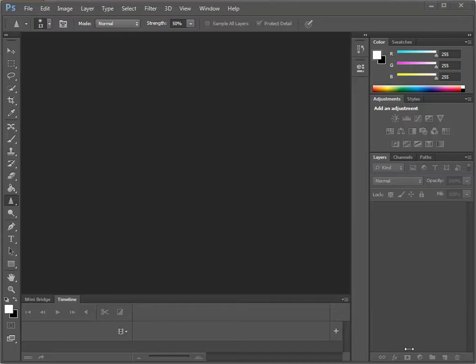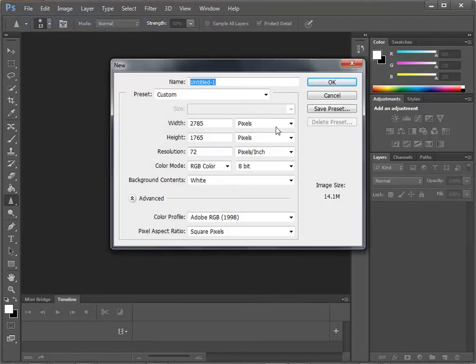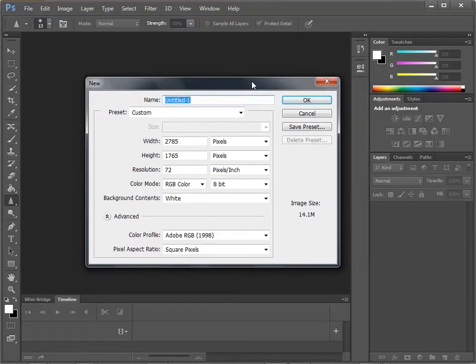So let's start off by creating our canvas. This is something we would do for any website that we created. So I'm going to go to the File menu, choose New, and choose dimensions for the website that I'm going to use. Now, most websites are usually based on the 960 grid. So I'm going to make this website